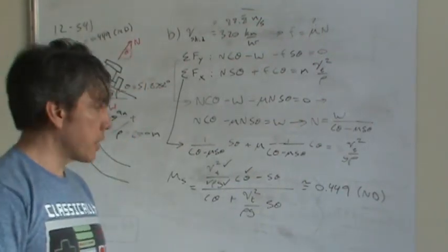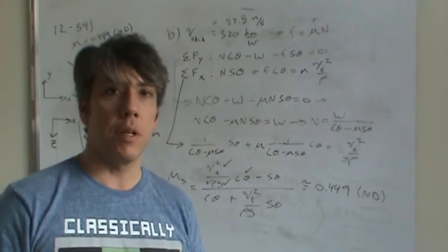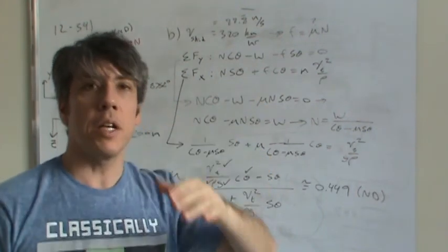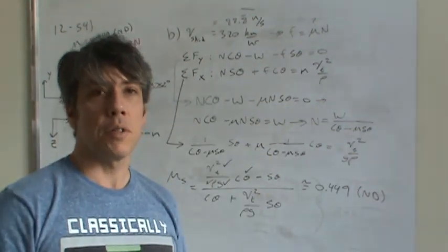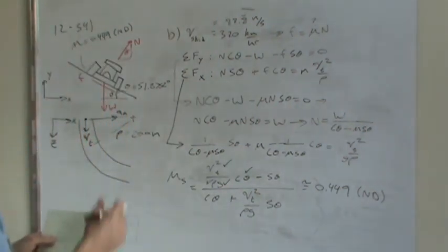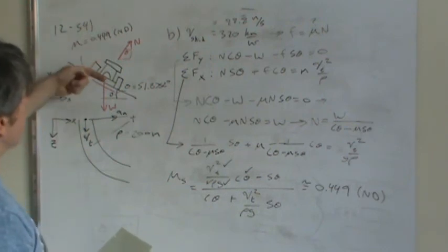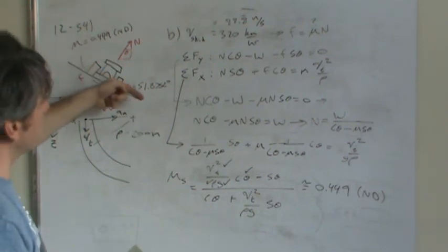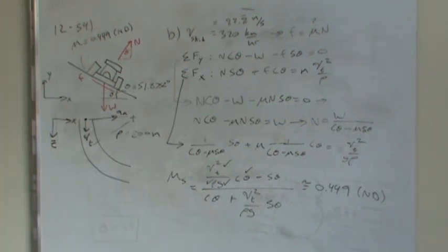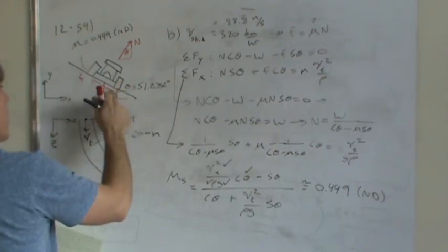Now the last part is basically how slow can you go around this curve, because you can imagine if your car is at not 0, not 45, but 51 degrees, you're not going to feel real comfortable going around this curve, and you might slow down too much. So what would happen? Well, if the car slows down, the minimum speed would be the speed where the car begins to slip down the slope. So basically what would happen is the friction force would change directions, and now it would be up the incline